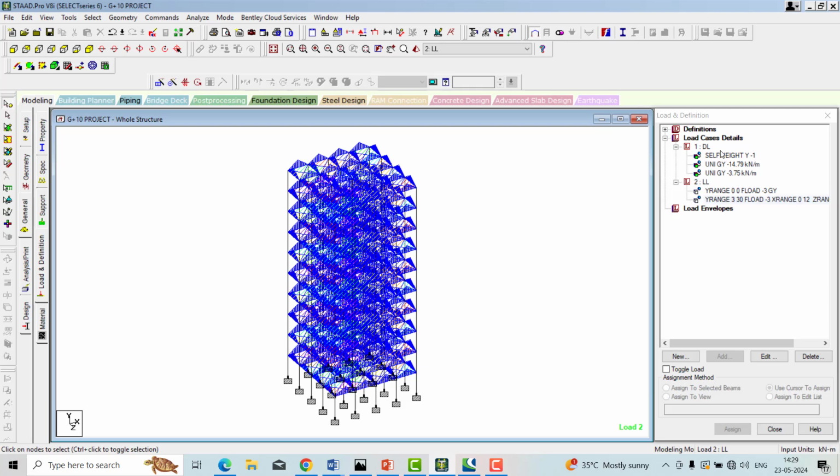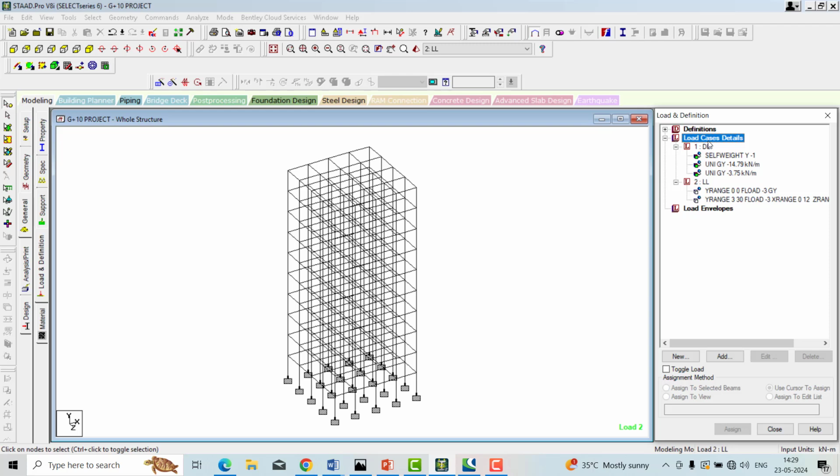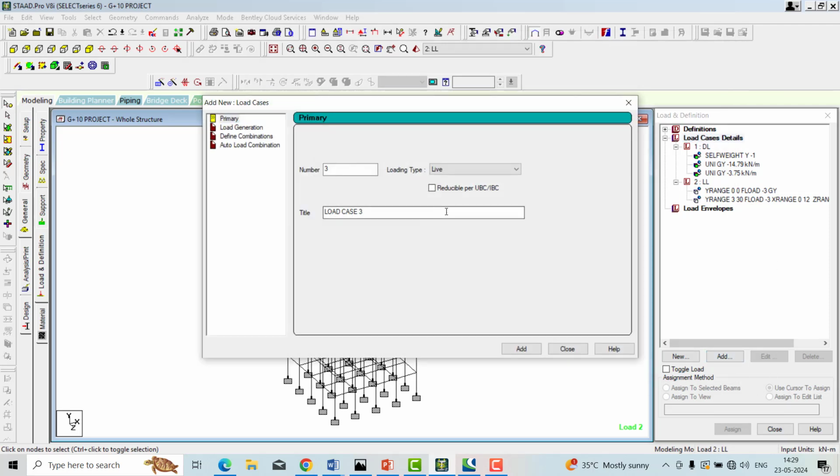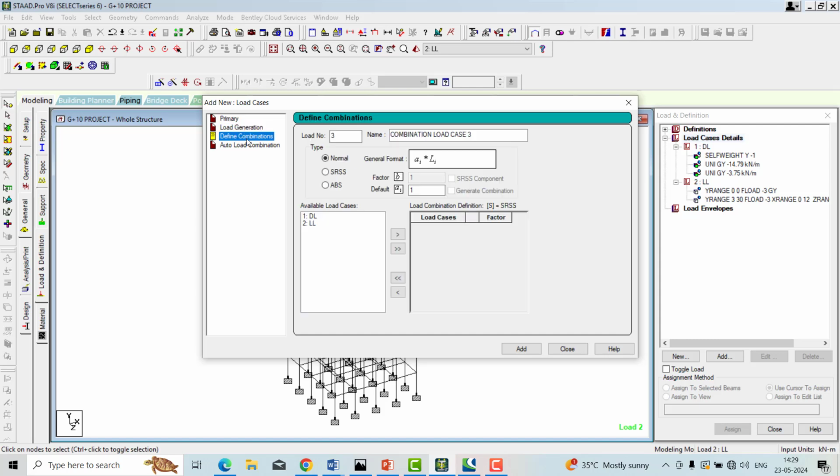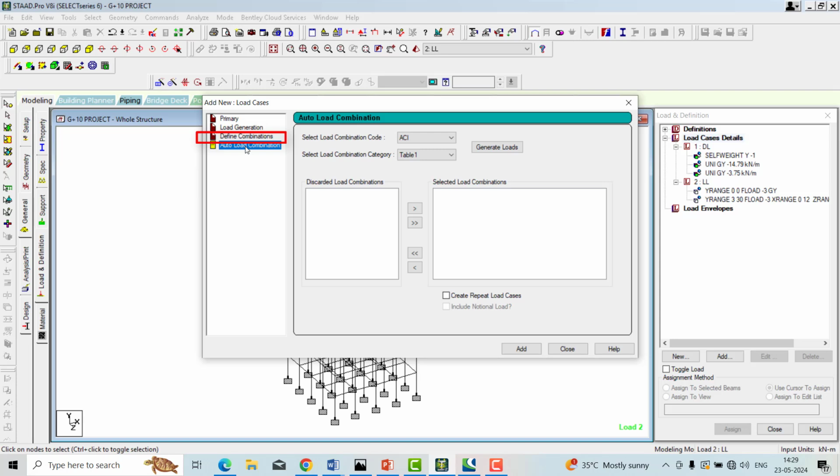Once I am done with the live load and dead load, we have to do the combination to get the factor of safety. So go with the factor of safety or load combination. For that I am clicking over the load case detail again and then add. Here we have the load generation, and just below that, define combination. You can go with the auto load combination.